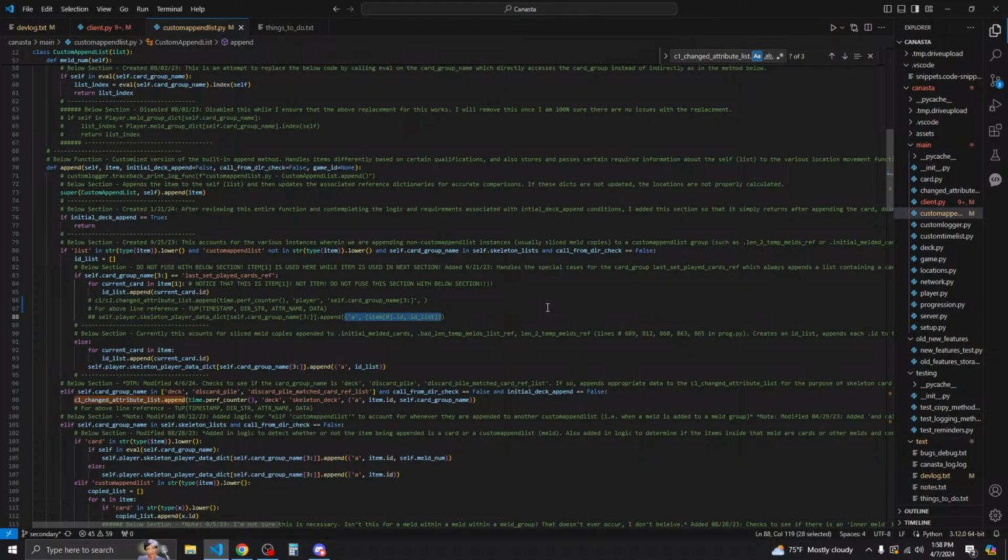Okay. So I'm wondering if I can turn this into a tuple. Can I turn this from list to tuple? Alright, and the item at 0 is ID.